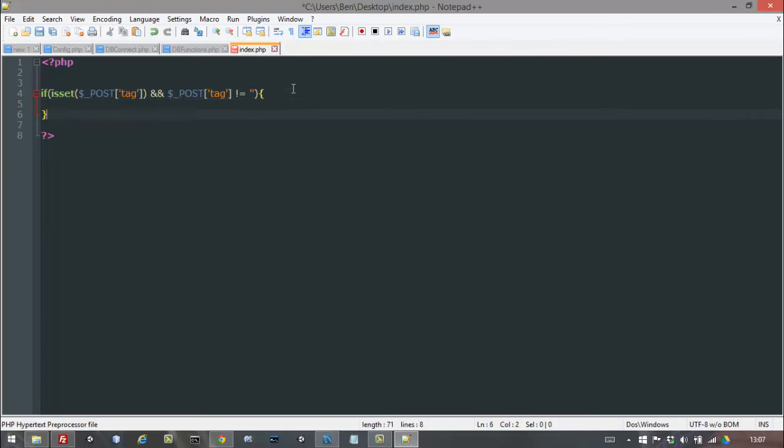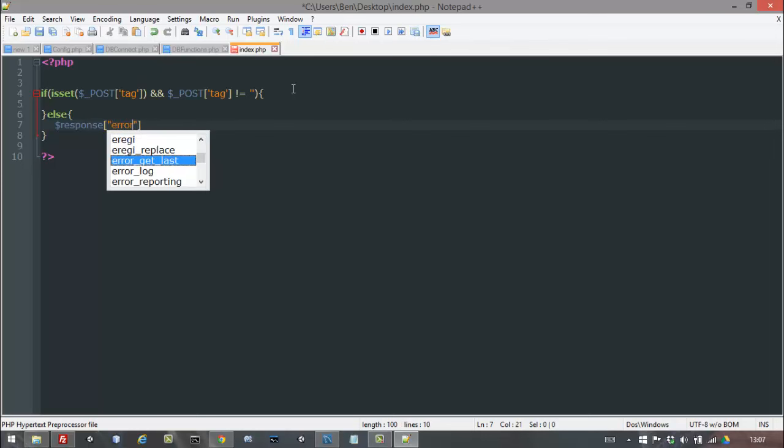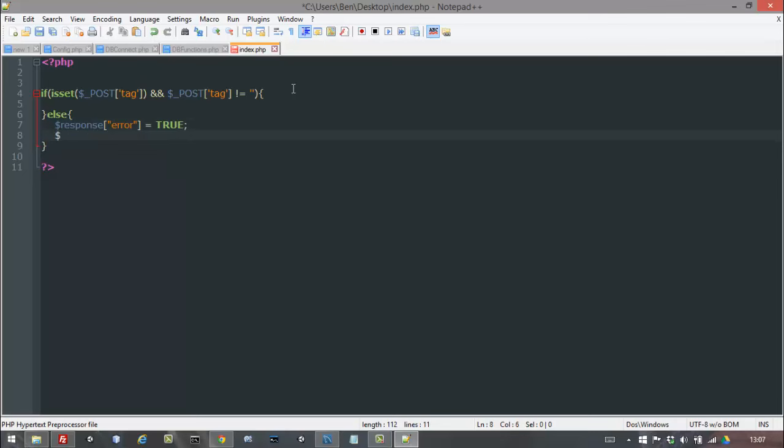And then we're going to have an else. So we're going to say else, $response, just watch the spelling there, response, bracket, quote error, and the error will be true. And then I'm going to say $response, and this will be the error message, error underscore msg is equal to, we're going to say required parameters tag